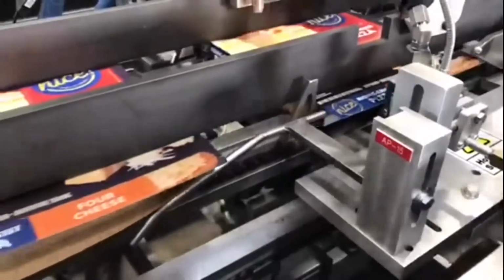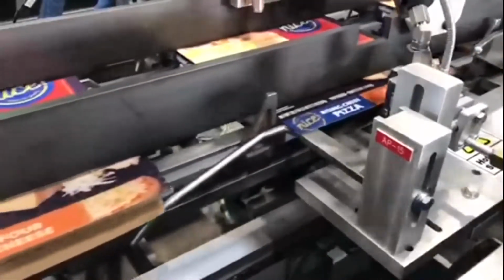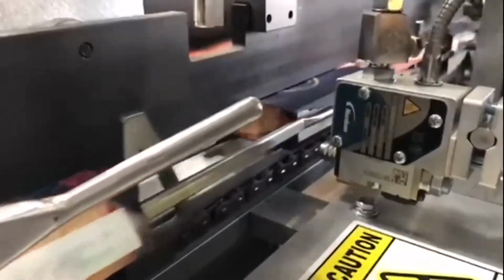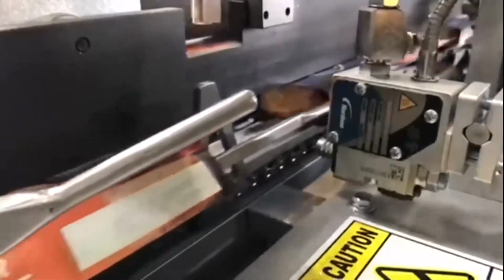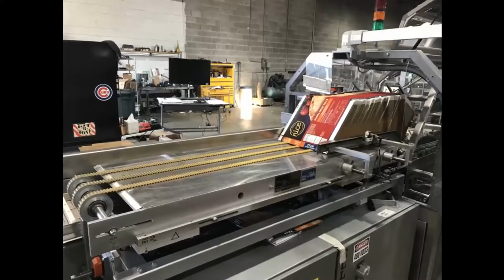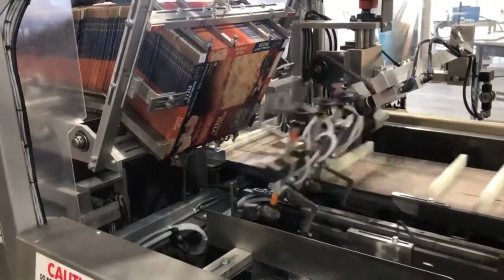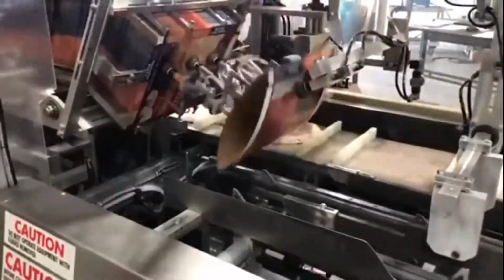Our rebuild process includes pre-engineering and project review, complete machine disassembly to the base frame, steam cleaning, sandblasting, priming, painting, complete replacement of all power transmission components, all new electrical distribution, controls, PLC, safety, and all field devices, machine reassembly, setup and testing with product, customer FAT acceptance and validation, and a complete bill of materials and updated electrical schematics